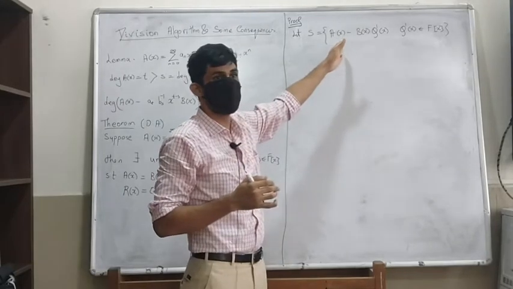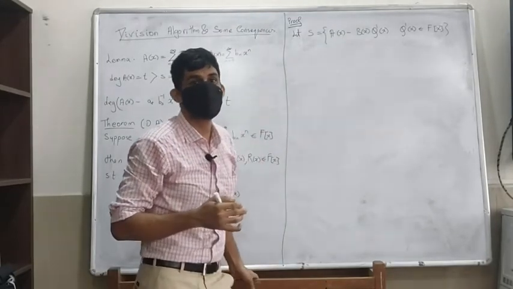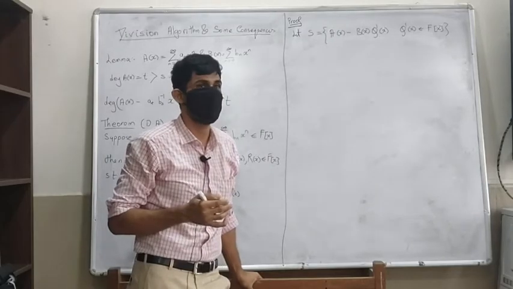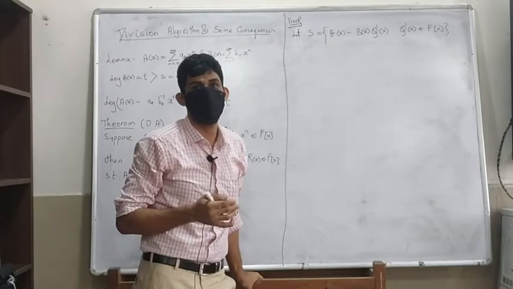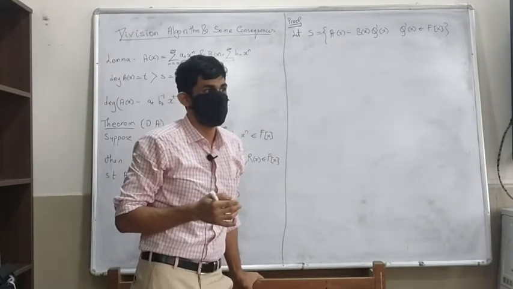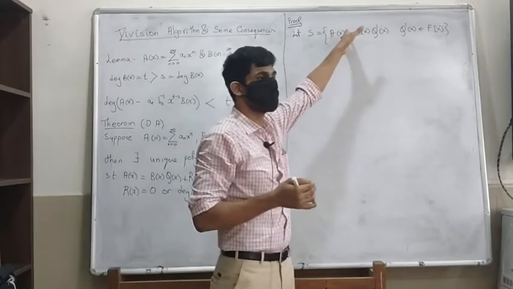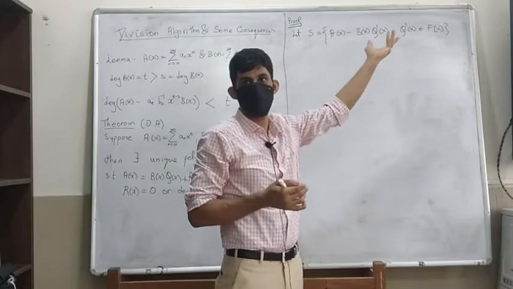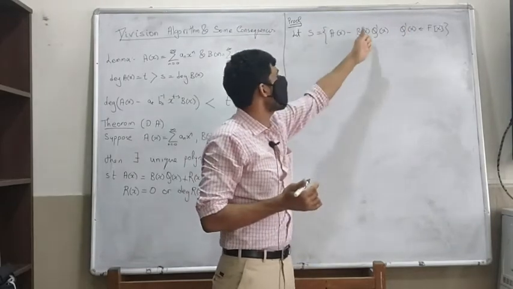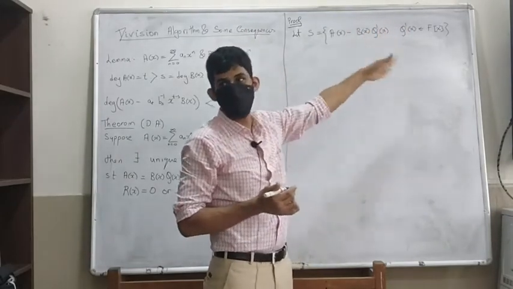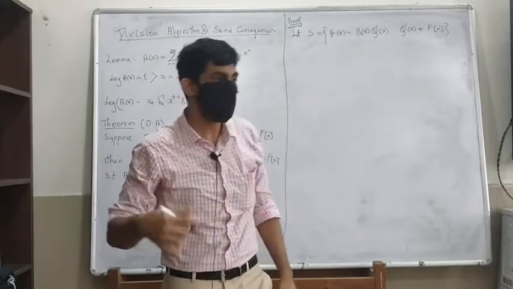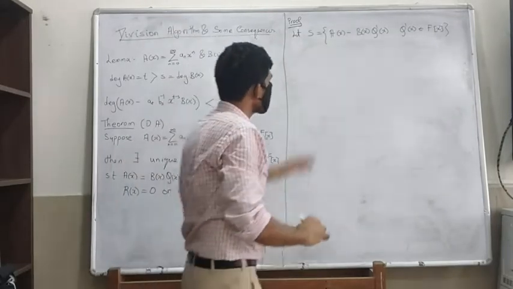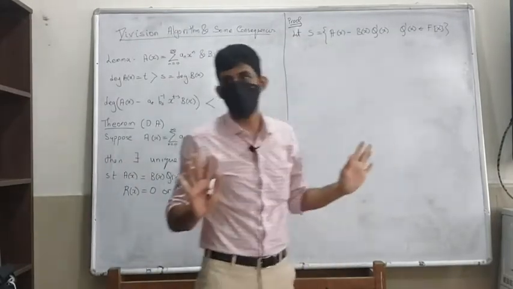Can you give me some examples of some polynomials which are in this? A of x is in this set, right? You take q prime to be the 0 polynomial. If you want one more, you can take q prime to be 1, you will get a of x minus b of x, and you can come out with many of them. So this is obviously non-empty, there is no problem in that.